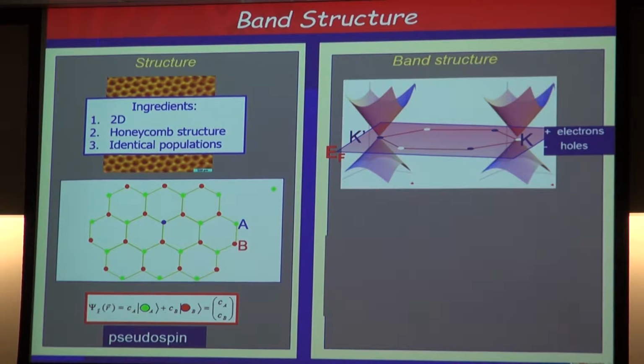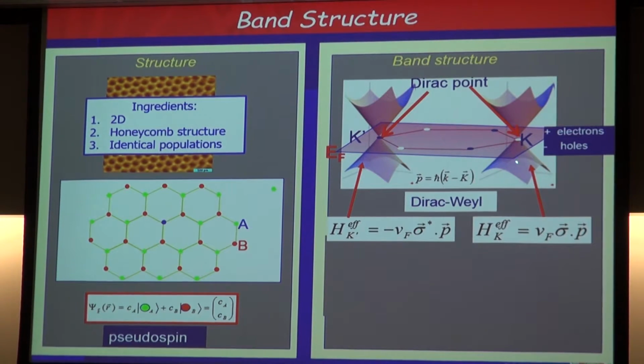It consists of 2 cones here, what we call Dirac cones, at the 2 corners of the Brillouin zone. The plane here indicates the Fermi surface, and that is at charge neutrality. The Fermi surface sits exactly at the apices of these cones. Everything above it is electrons. Everything below it would be hole excitations. If you measure the momentum relative to these apices, relative to the Dirac points,